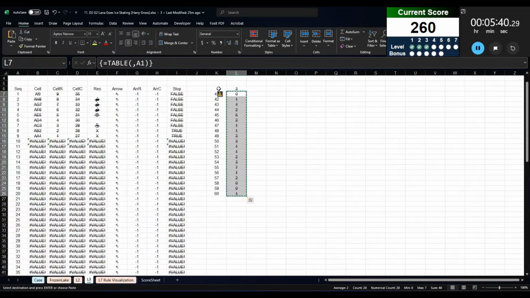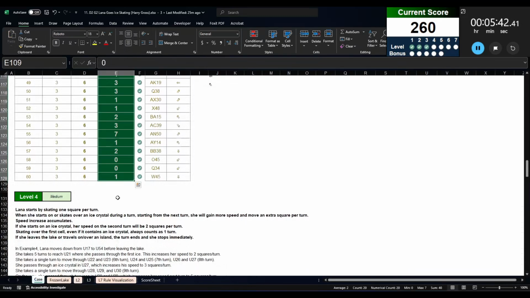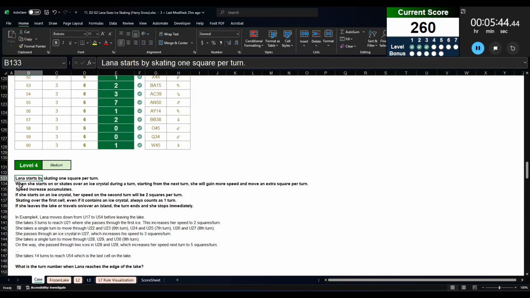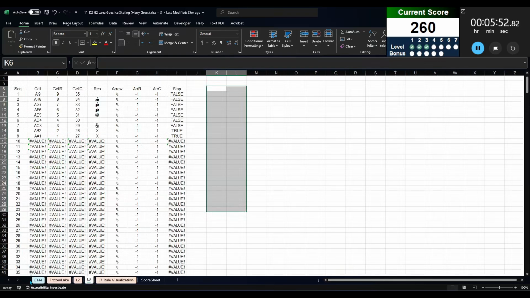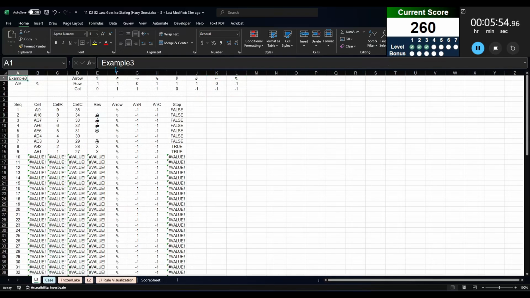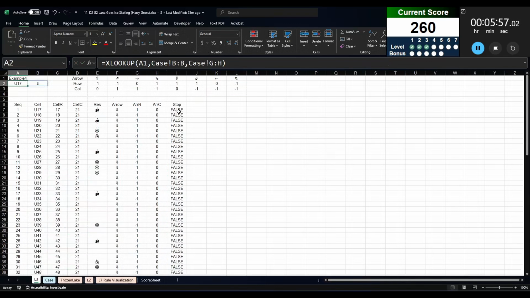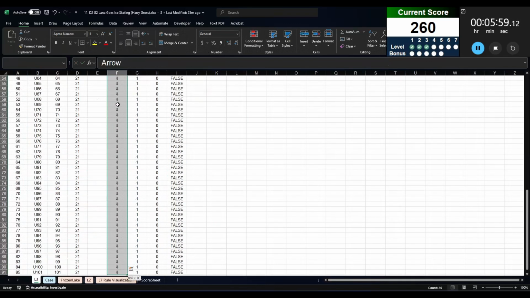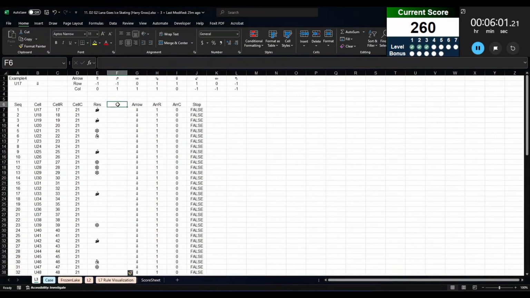Level 4. So now this level introduces the concept of turns, which really threw me off for a while, because regardless of the turns, they're still collecting the bananas at every spot along the way. I don't know what turns really added into this, so it took me a little while to get this to show up properly. Now with these turns,